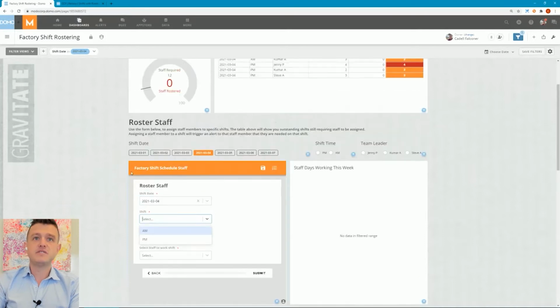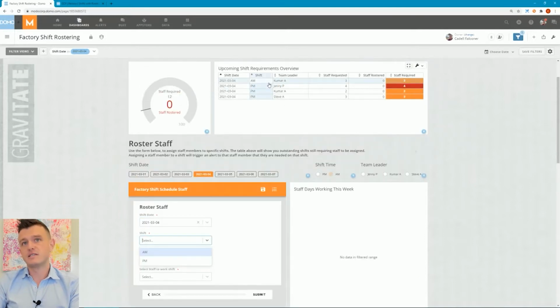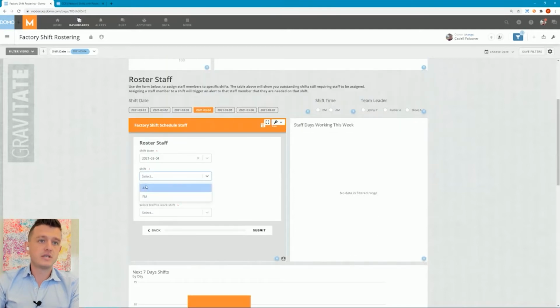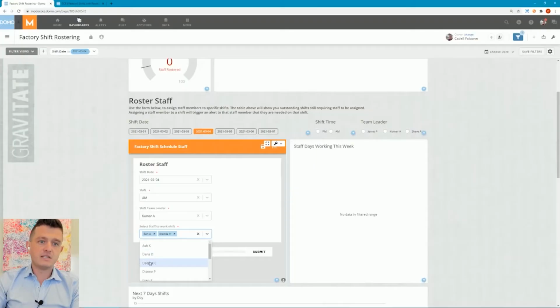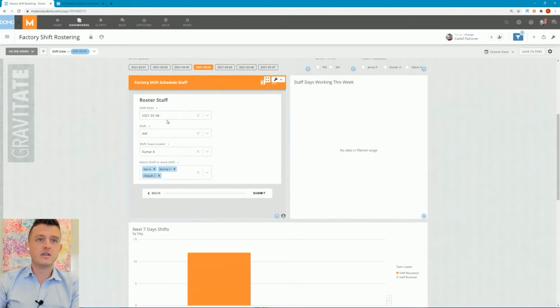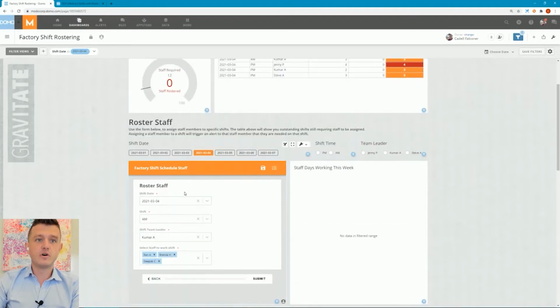I'll select the shift that I'm planning on assigning staff to. Let's start with Kumar's shift, the AM shift. So I'll select AM and Kumar. And now I'm going to choose some staff to work. So we know Kumar needs 3 staff members. So I'll go ahead and choose some of my available staff from my list here. So we can see on the 4th, I'm assigning to the AM shift for Kumar these 3 staff members